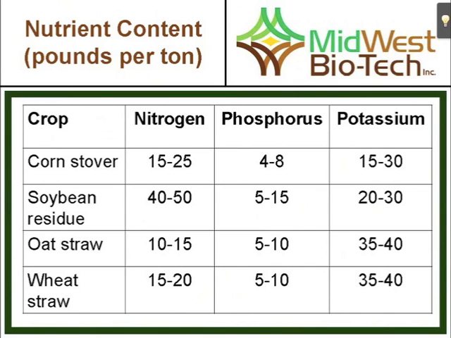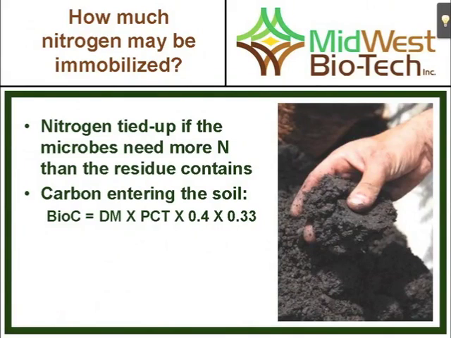That not only helps you with nutrient planning for the next crop, but it also can tell you, am I going to be short on nitrogen when it comes time for the decay process? Will I immobilize some of those nutrients, or do I have enough available? One of the first questions we always get is, should I be adding additional nitrogen, and how much should I add? Basically, it depends on that carbon-nitrogen ratio compared with how much nitrogen I have in the residue. I'm going to tie up that nitrogen